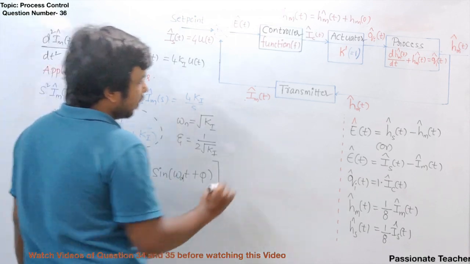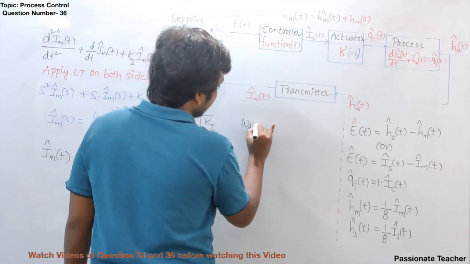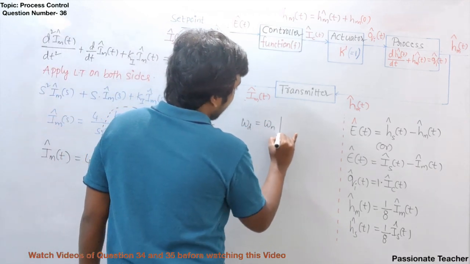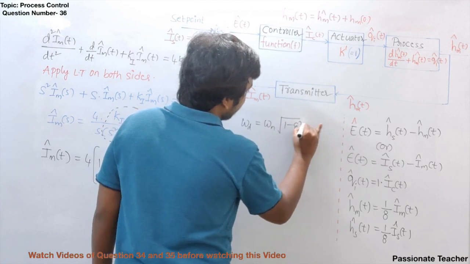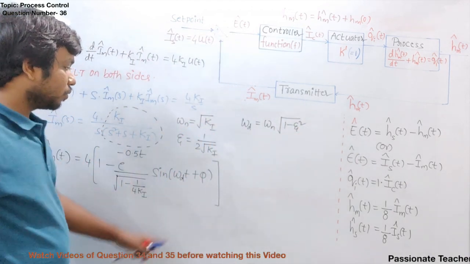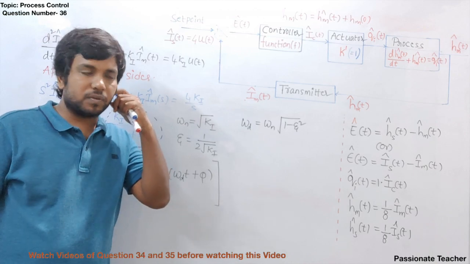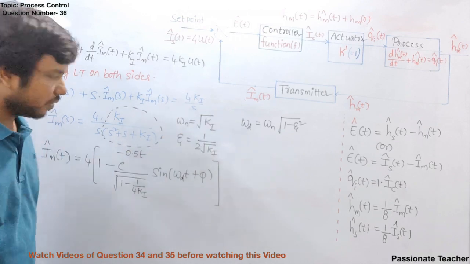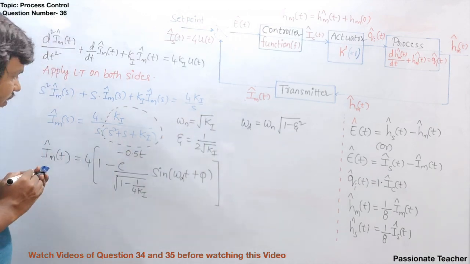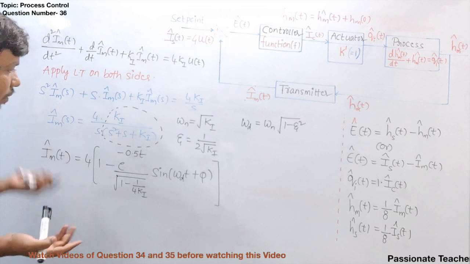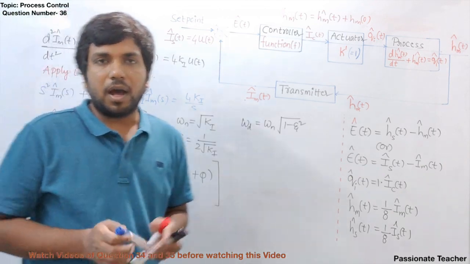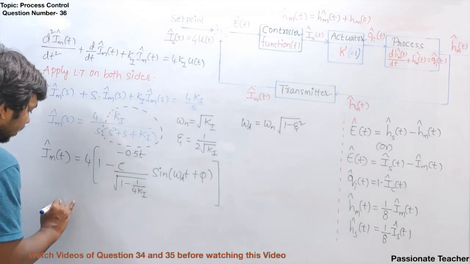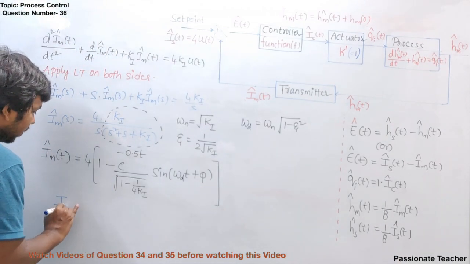I presume that you might know this fact that omega d is equal to what? Omega d is equal to omega n into under root of 1 minus zeta square, right? And you should also know how the phase will be calculated, because the phase also depends on the zeta value, right? Now what I would like to ask here is, this is all the way Im cap of t. What's the use of this one? Why do we need to find Im cap of t? Because if you find Im cap of t, it's very simple to understand Im of t.